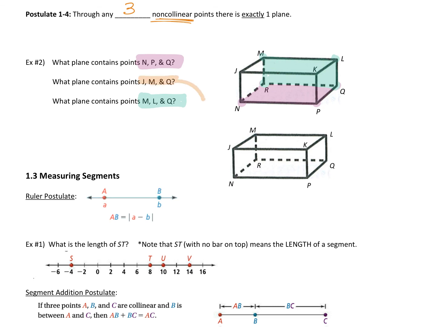I'm gonna do this down here. J, M, and Q. So here's J, here's M, here's Q. Where's your plane? What do you mean in the middle? Yeah, diagonal. What would your 4th point be that is associated with those 3? P, yeah. So if I were gonna put a plane through those 3 points, it would be actually through these 4 points